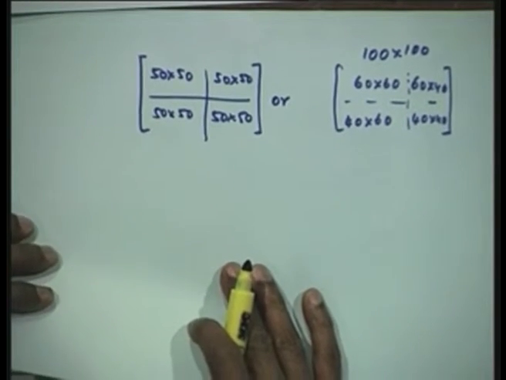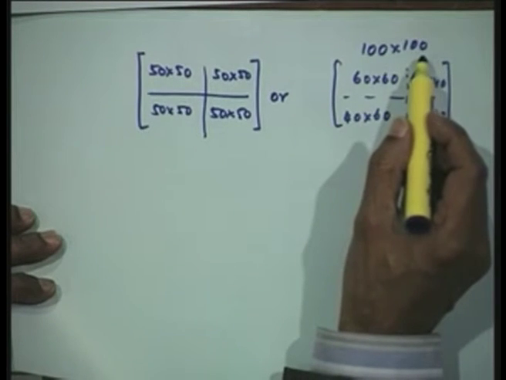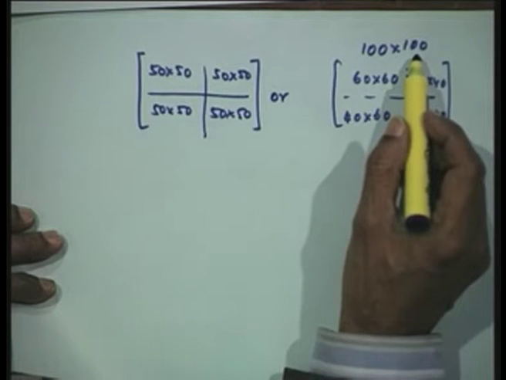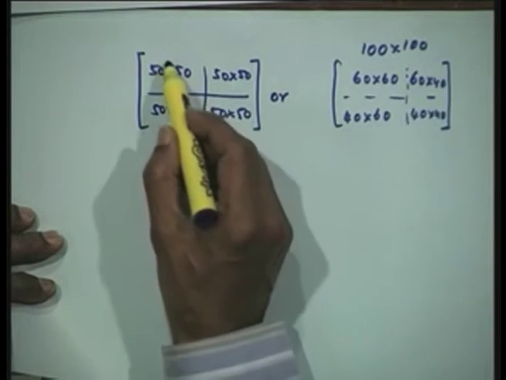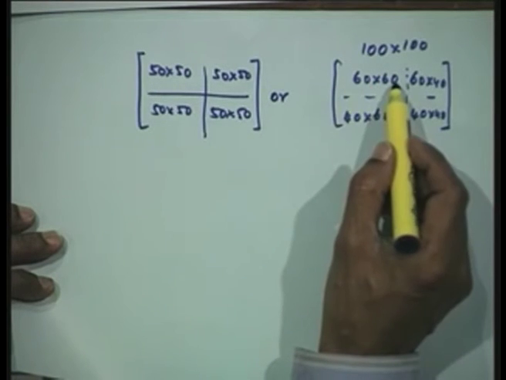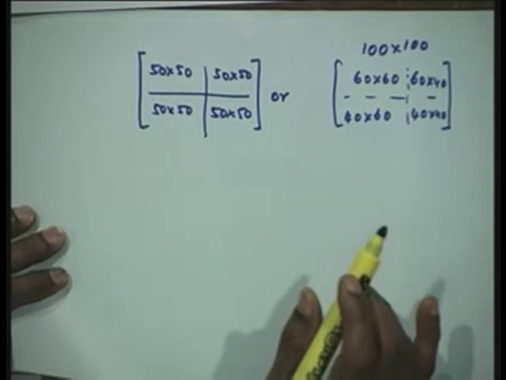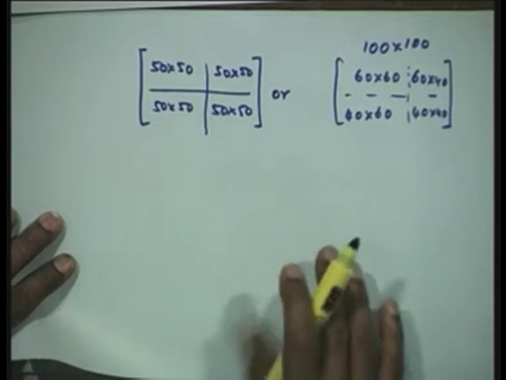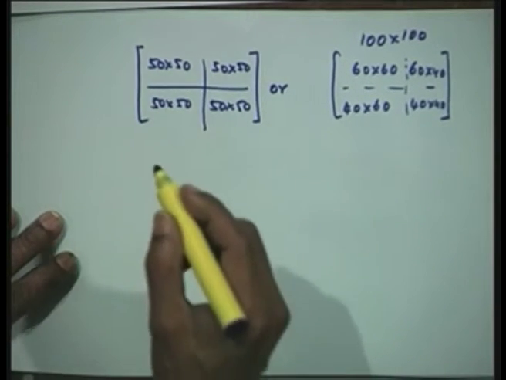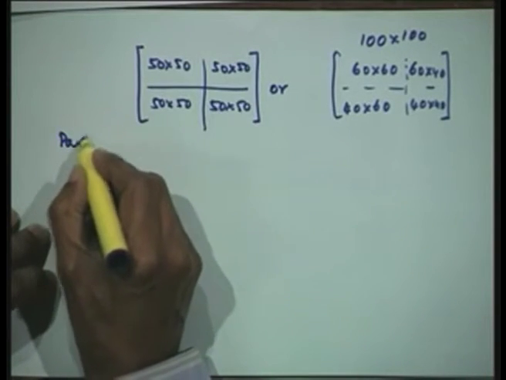Now, what we were trying to say here is that if I want the inverse of this 100 by 100 matrix, I would like to utilize the known inverse, for example, of this 50 by 50 matrix, or I know the inverse of a 60 by 60 matrix, and thereby the amount of computation is reduced tremendously. Now, in this case we would also partition A inverse in the same way.